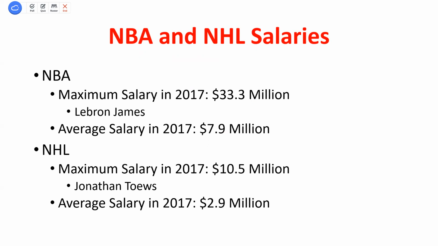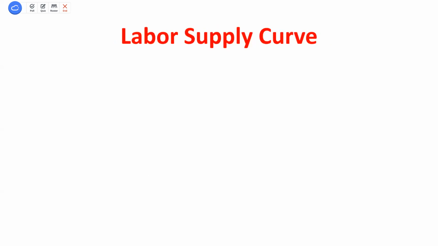Okay? So what's going to drive these differences, right? These are the averages, but within this I've got some people making maximum salary, and obviously since this is the average, that means some people are making a lot closer to zero, right? So you can think about some other things that might be driving these differences.